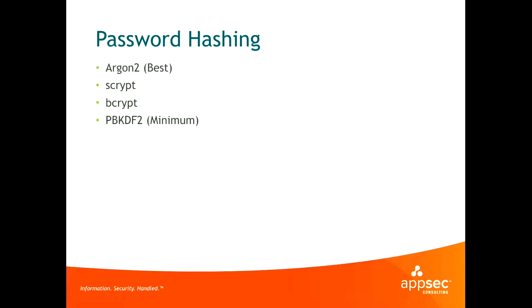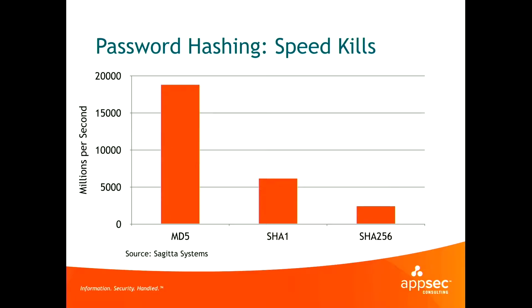This is the one case, the one scenario in cryptography where we try to make things as slow as we can. And here's why. If you are hashing your passwords with MD5, only the best passwords stand any chance. This is stats from a single GPU cracking system. One GPU. Make a point to look at the side of the slide there. That's in millions per second.